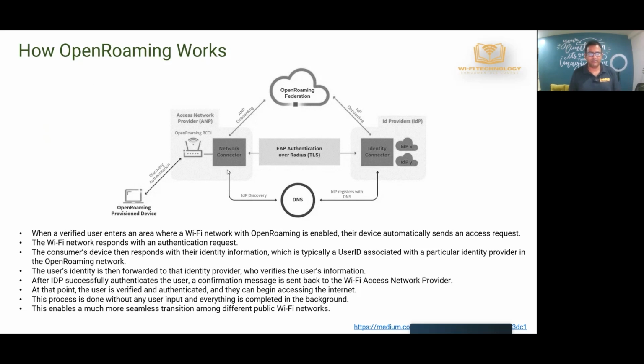when a verified user enters the area of a Wi-Fi network with OpenRoaming enabled, the device sends an access request, and then the Wi-Fi network responds. The consumer device provides its identity information, because it needs to have some identity that is accepted, which can be a user ID or some form of identity provided by the network. And then the user identity is forwarded from the Wi-Fi network to the identity provider, and after the identity provider successfully authenticates and validates the user, it sends a message back through the Wi-Fi access provider, and